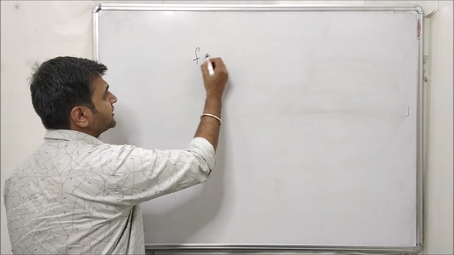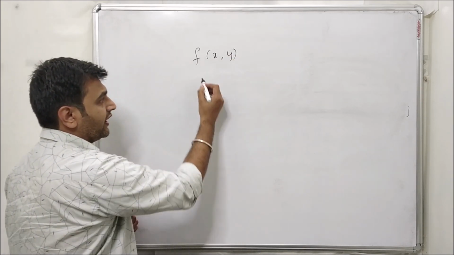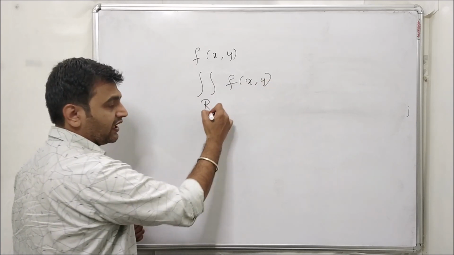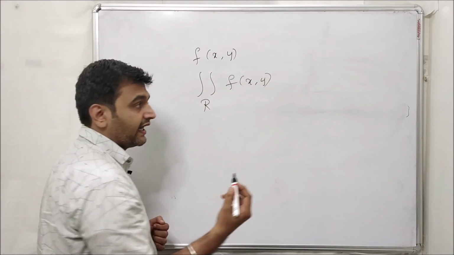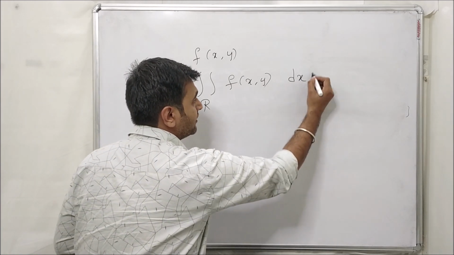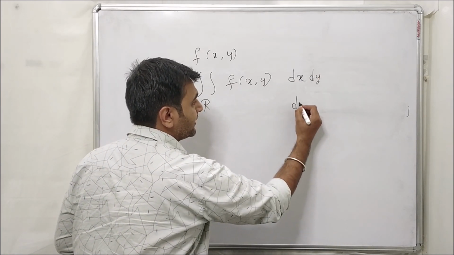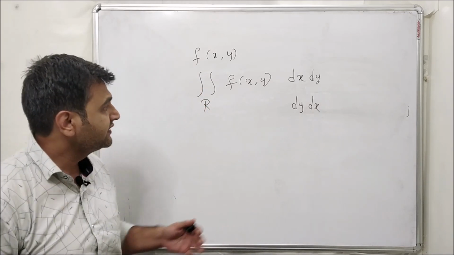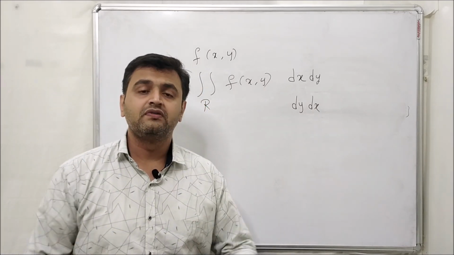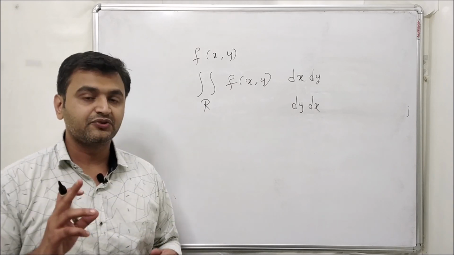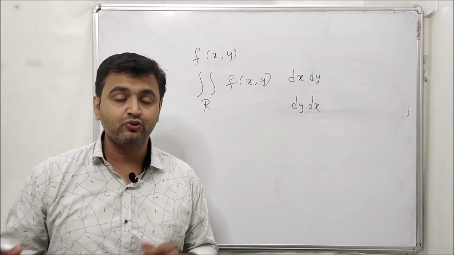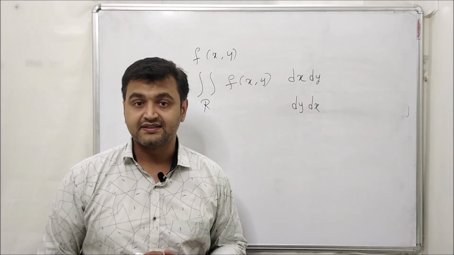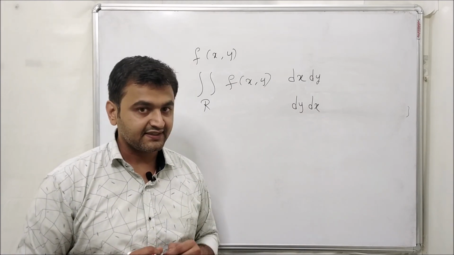Okay, so till now, if you have seen my lectures, what we know is that if I want to integrate a function, say f of xy, over a region R, then I have two ways. Either I can integrate in the order dx dy, or I can do the integration in the order dy dx. And we have seen that to integrate in any order, you always get the same answer thanks to Fubini. He is the person who proved that to integrate in any order, you always get the same answer. But here is a catch.